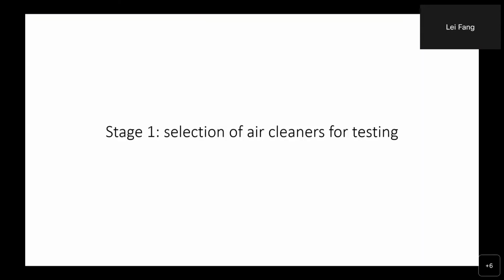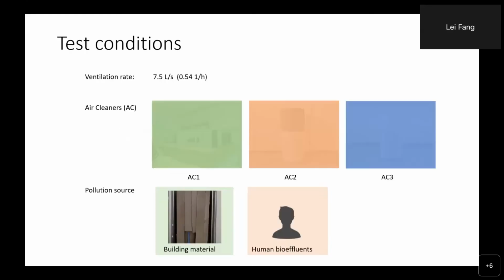The experiment consists of 2 stages. We use this methodology to evaluate the perceived air quality on those air cleaners. We use this to clean the indoor air. In the first stage, we want to select those air cleaners that at least will not deteriorate the indoor air quality, because some air cleaners may smell itself. So this kind of air cleaner, we don't want to test them. So in the first stage, we select